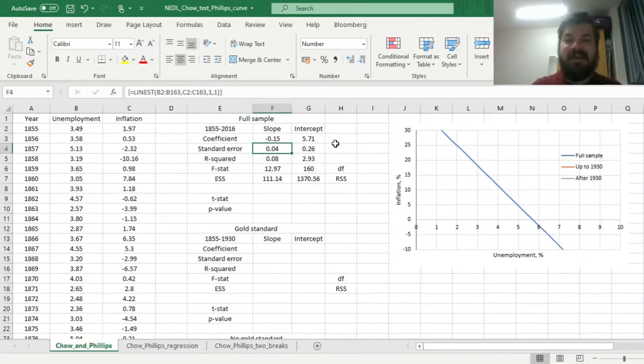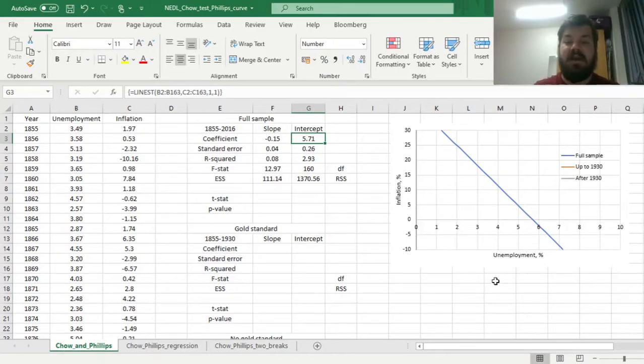And most importantly, perhaps, we have got this graph appearing on the right-hand side. The blue graph shows the relationship between inflation and unemployment for the full sample, and we can see that this relationship is indeed inverse. The higher the inflation, the lower the unemployment, and vice versa. We can see that the graph does intersect the x-axis, representing unemployment, at around 5.7, and it is verified by